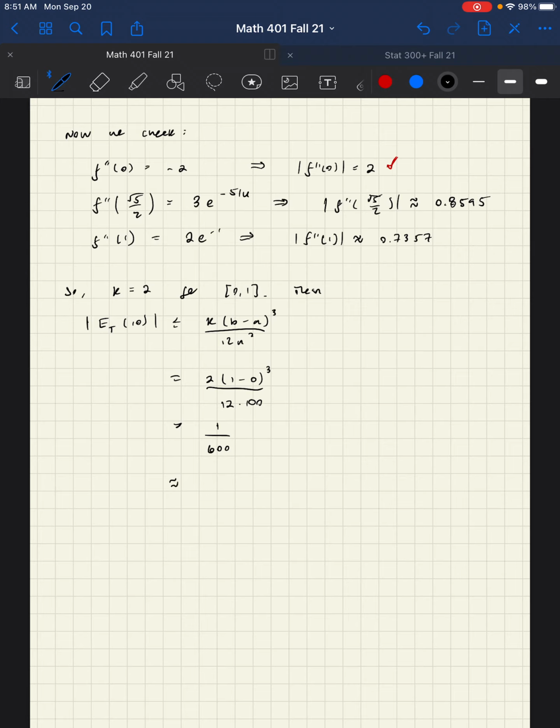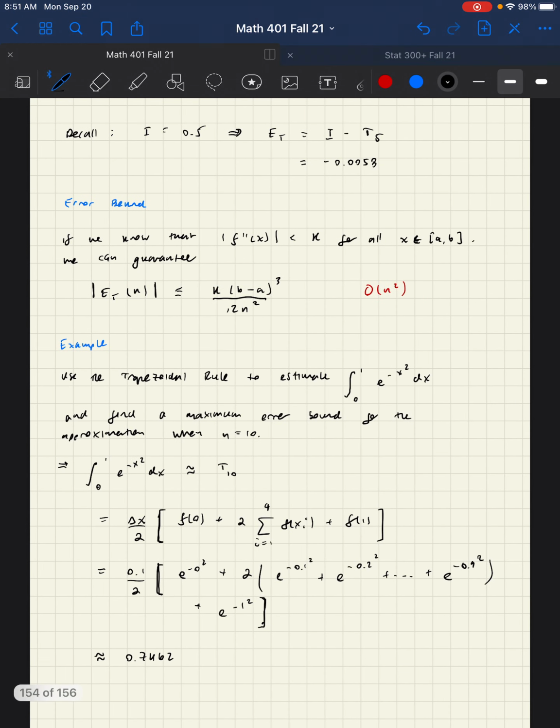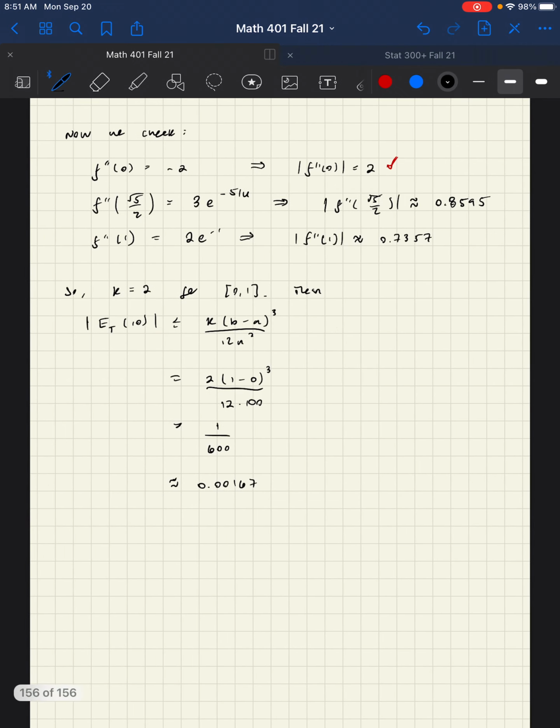And if you want to get a precise value on this, it has a decimal number. That's about 0.00167, roughly. So our estimate that we found in this part is no more than this amount away from the true value, which is pretty good. Not bad. All right, so in the next video, we cover Simpson's rule, which is the last method that we discuss in this